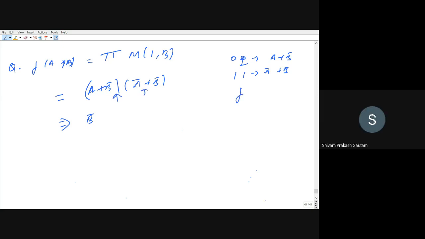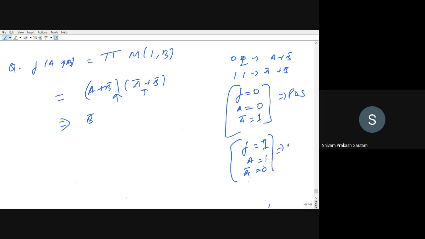Just make sure that when it is in product of sum form, the function we will be making is for which the function will give 0 value; in uncomplemented form the value will be 0, and in complemented form the value will be 1. This is opposite of sum of product form, right? This is POS form, that is product of sum form, and in sum of product the function will be giving value 1, A will be equal to 1, and A bar will be equal to 0. This we can write as sum of product form. As there are two forms, product of sum and sum of product, both we will be using in reducing the expression when we see K-map, right?